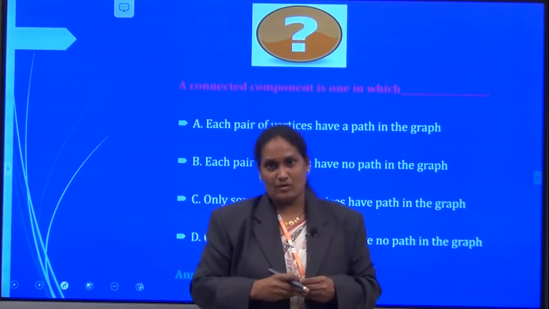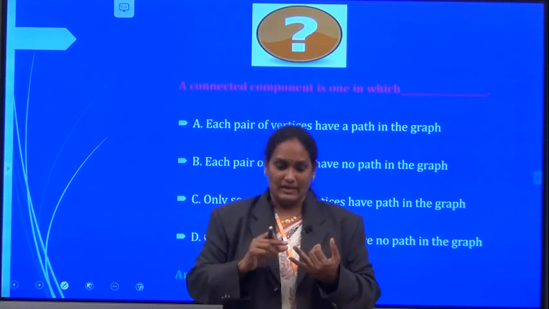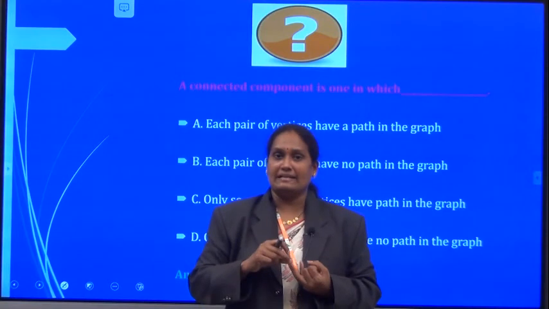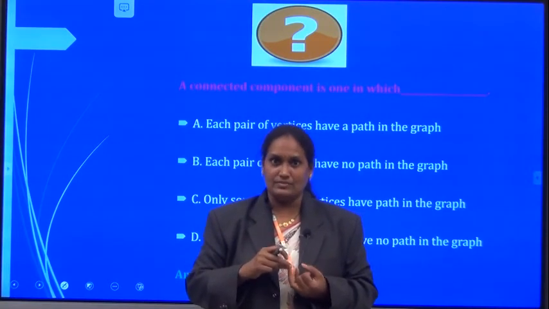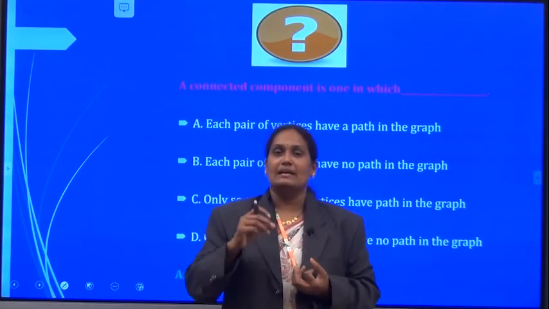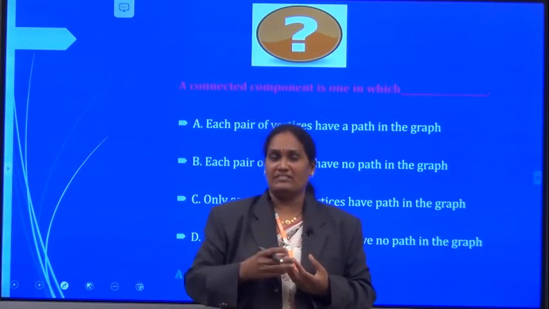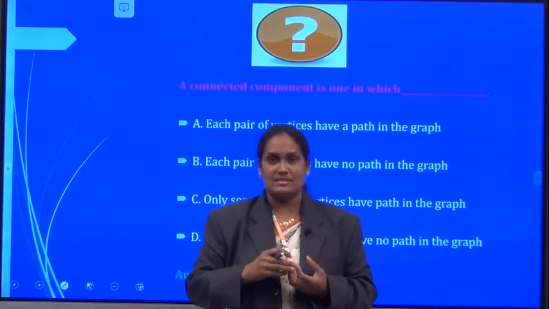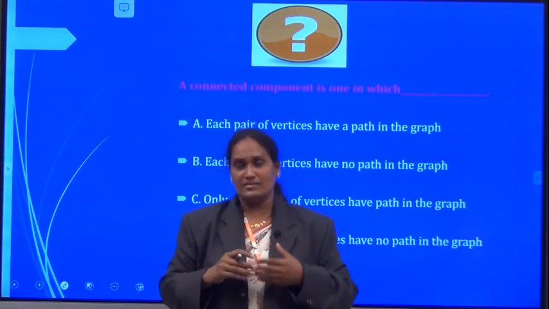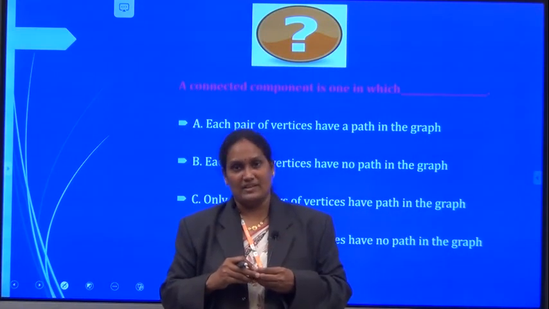I'm going to summarize the concepts we discussed in this session. We discussed what is a connected graph, a connected undirected graph, what about the connected components of an undirected graph, what is a connected directed graph, and what about the connected components of a directed graph. We also discussed different types of directed connected graphs: strongly connected, weakly connected, and partially connected components. Also we saw articulation point and biconnected components.